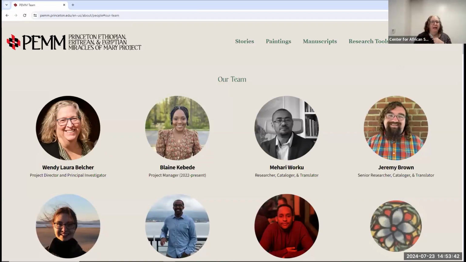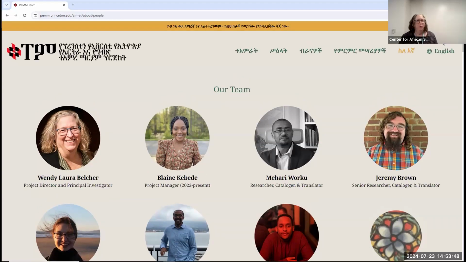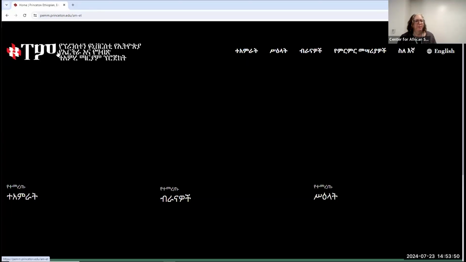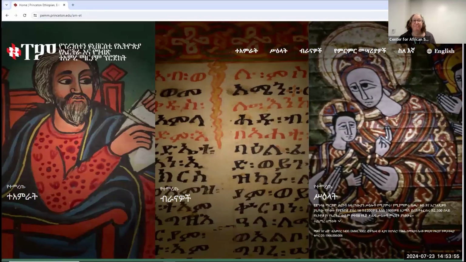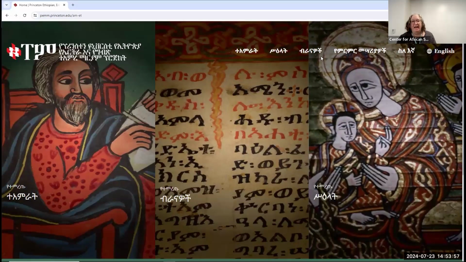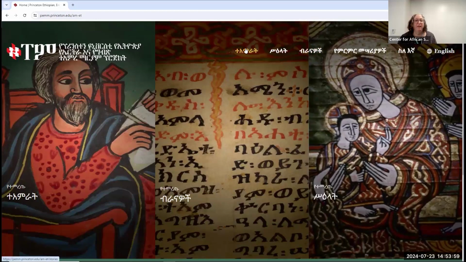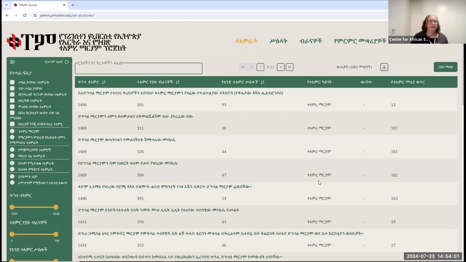The final thing to say is that we do have this, we haven't announced it just yet because we're dealing with some bugs, but we do have the website available in a different language. I'm just going to say that we are the only Ethiopian studies website that has it in English. It initially looks like an error message, but because we know we're learning about language, you know that is not.